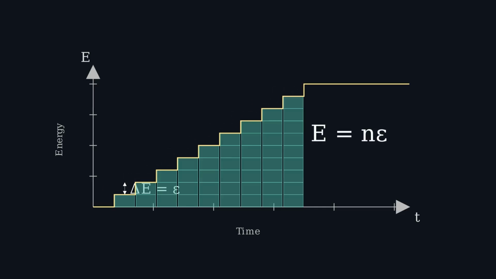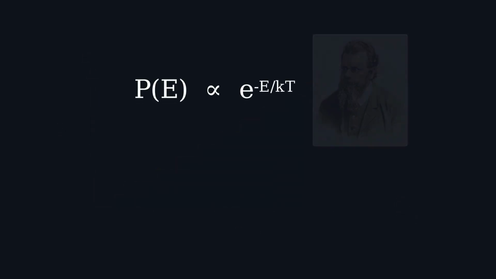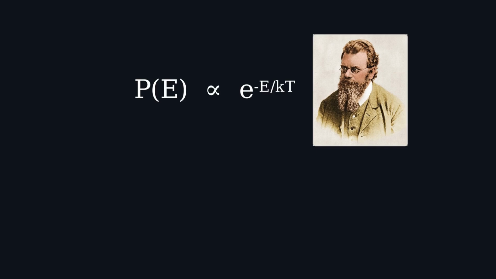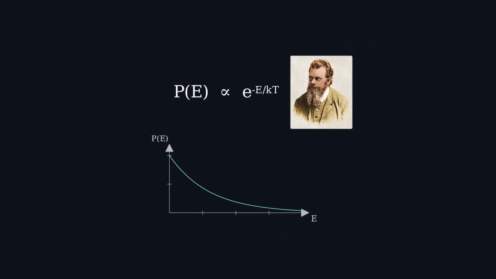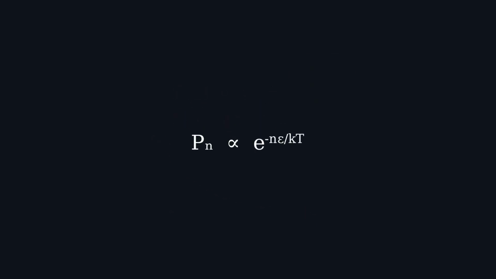So we could say that the energy at a specific level is equal to n, the energy level, multiplied by epsilon, the energy step. So, what does this idea imply for statistical mechanics? Well, if we look back to video 1, we explained how the Boltzmann distribution was used to show that the probability of a system existing at a specific energy level was proportional to this equation. So applying Planck's idea, all we have to do is swap out the E that stood for energy level in the continuous world for our new discrete formulation of E, n multiplied by epsilon. Substituting that formula in gives us a new formula that tells us the probability of a system occupying a specific